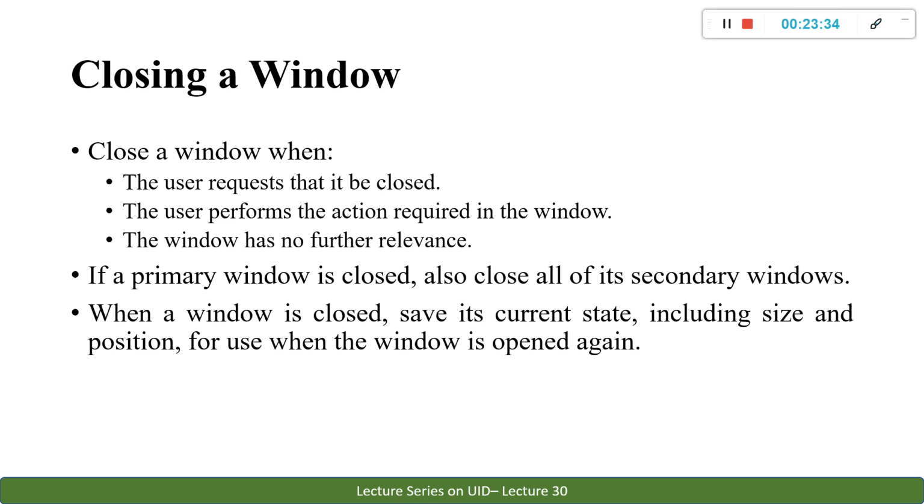You should differentiate by the pointer and resize the contents according to the size he's giving. Your primary windows can be maximized, minimized, or restored. You are allowed to shuffle the window, and that shuffling must be done in very easy steps. You can provide keyboard control along with mouse control. And you have also seen how to close a window.